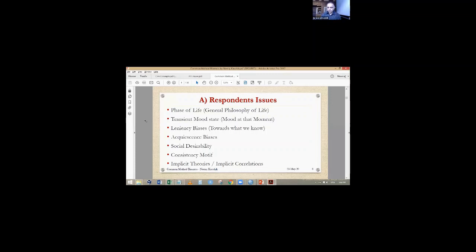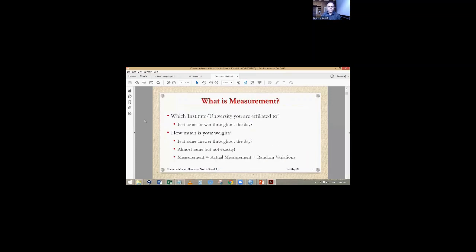So I ask this question basically. See, these are certain questions I am asking. So I can see Ziaur Rahman is talking to somebody near him, but let me ask this question. Like Ziaur Rahman, if I ask you which institute or university you are affiliated to, and I ask you 5 times or 10 times in a day, I hope your answer will be the same. It's exactly the same answer you will give, that particular college or university.